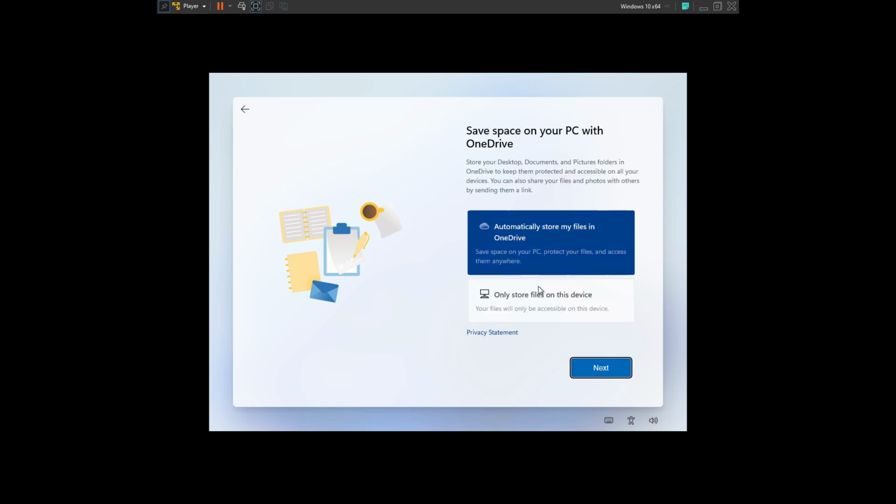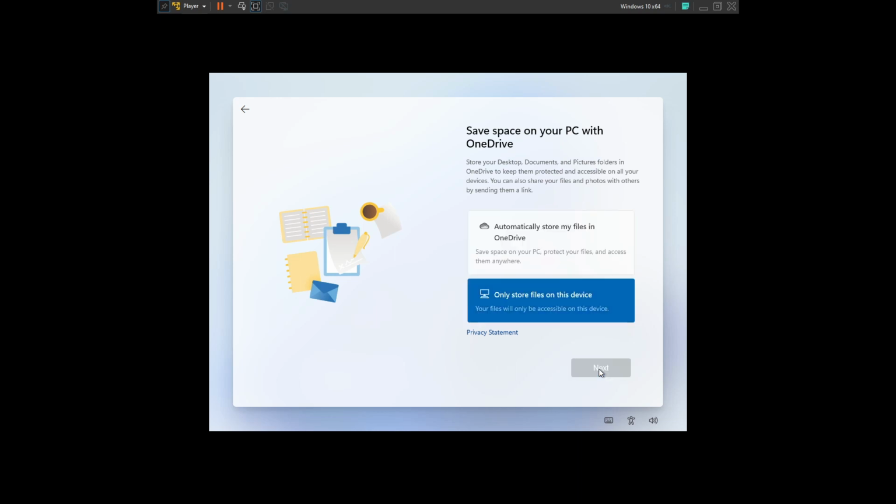So after skipping that, we can only store files on this device. The UI is looking pretty cool, you can see here, and there is some animation as well. Let's see what's new from Windows.